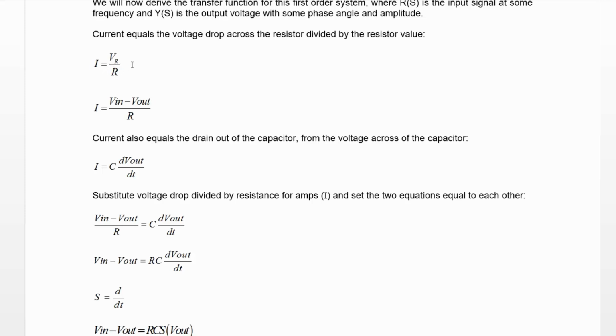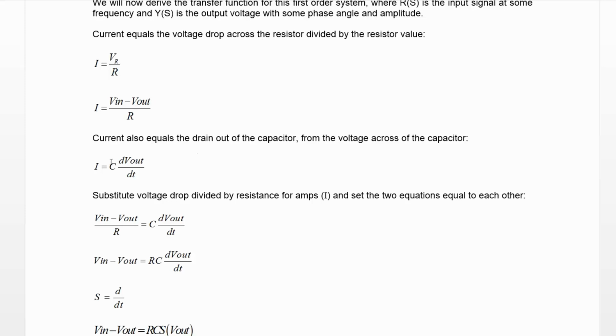It's just like trying to go through a crowd of people. If you got a bunch of people, you can't hardly flow. And if there's hardly any people, you can flow very easy. So I equals voltage in minus voltage out, the voltage in minus the voltage out to our controller,